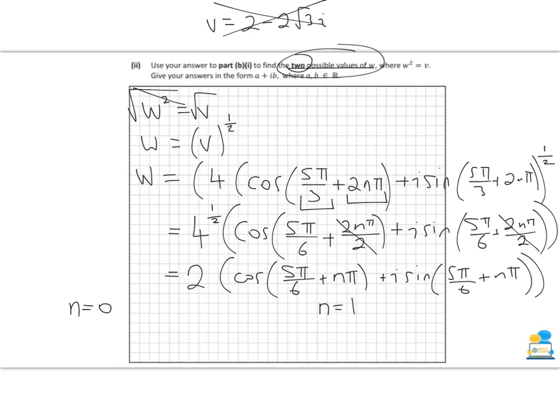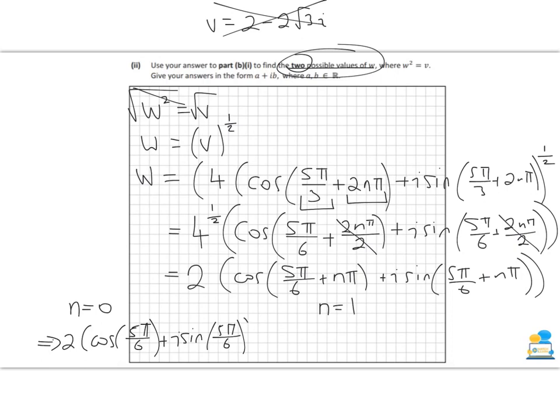Now let's say I had raised that to the power of 3. There would have been 3 solutions, so I'd sub in 0, 1 and 2. But you always start off with 0 and then add 1 on each time. So if I sub in 0, basically there's just going to be a 0 here and a 0 here. So that bit's going to go. So I'm going to be left with 2 bracket, and then it's just going to be cos 5 pi over 6